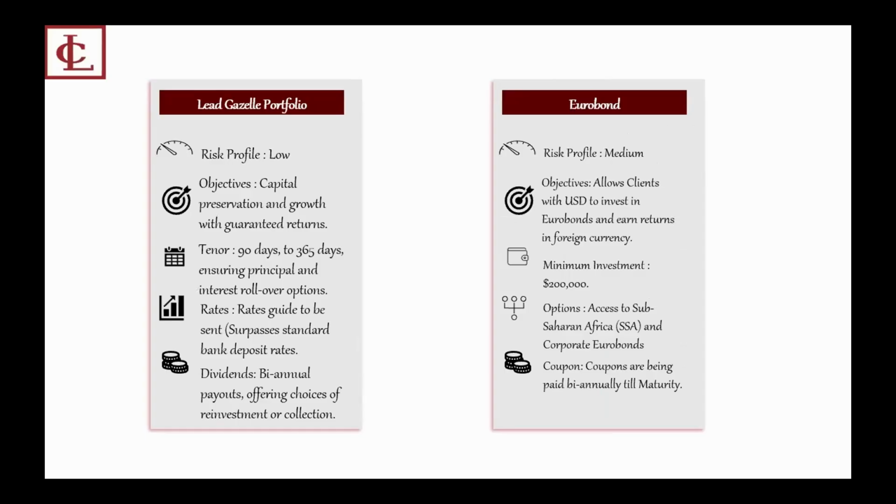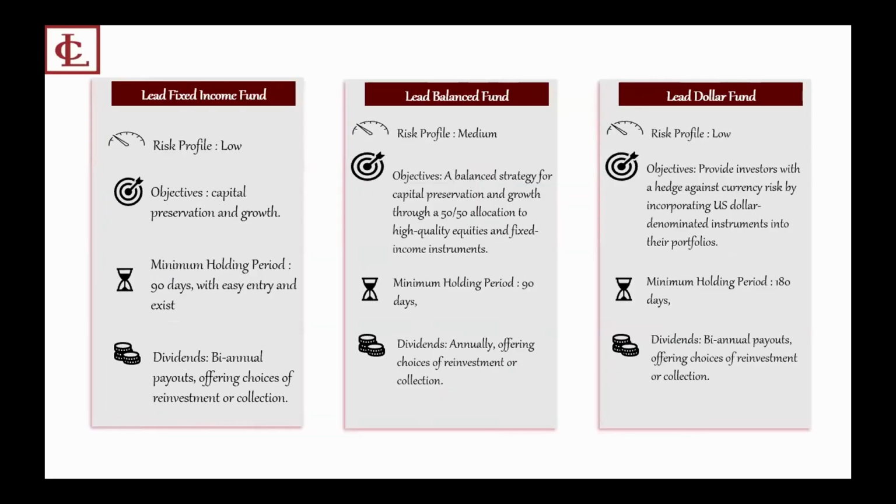rates from 90 to 25 days with predictable growth. For our clients with significant volume of FX, our Eurobond trading platform allows investments in US dollar denominated debt instruments with biannual coupon payments requiring a minimum subscription of $200,000. However, clients with $100,000 to $150,000 could reach out to us, and I'm pretty sure we can find something to